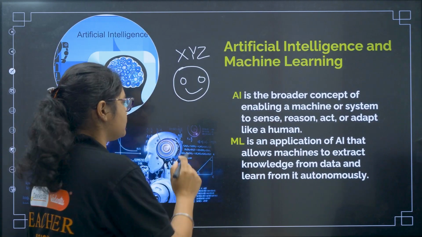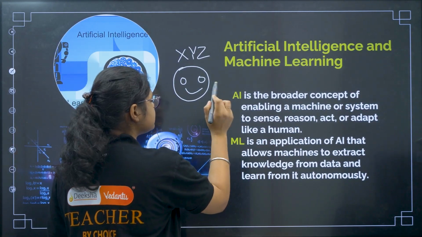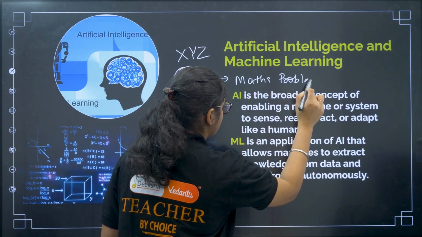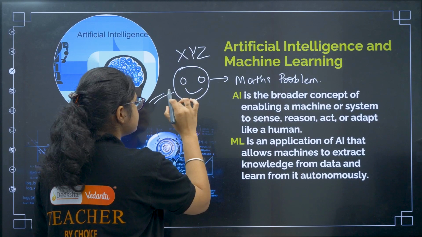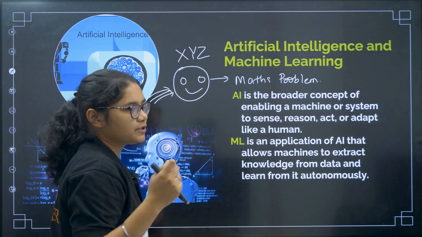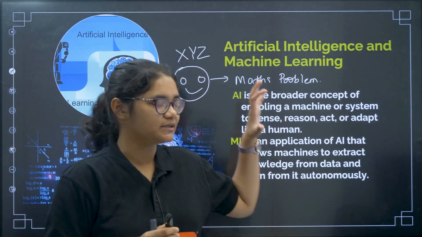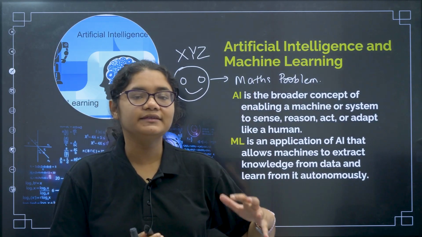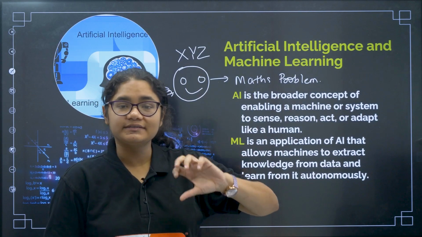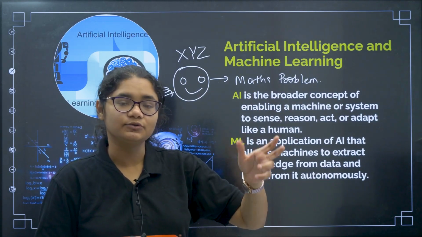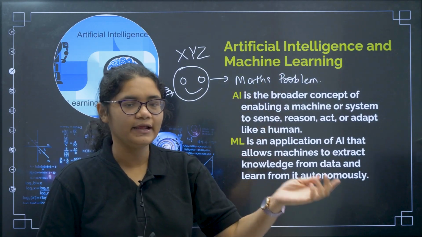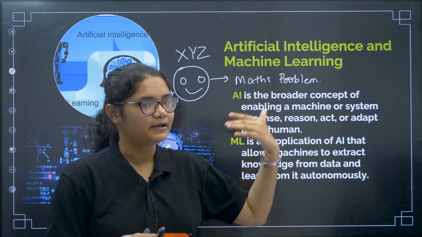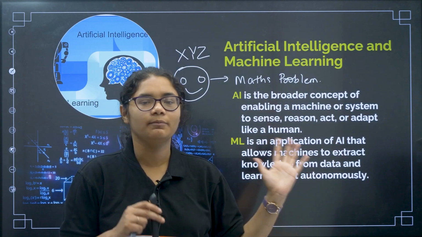So now what is there? This robot is created. Now its work is to solve maths problems, right? So now what are the things that this machine should know? Suppose you are giving integration questions, so this machine should know about integration problems, the different formulas, the different questions, these types of things it should know. So this data that has to be given to a machine so that it can learn it and act accordingly is what machine learning deals with. Okay, we'll understand that in detail in the continuation of this video, but for now this is